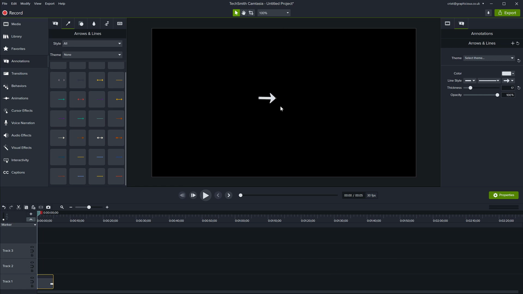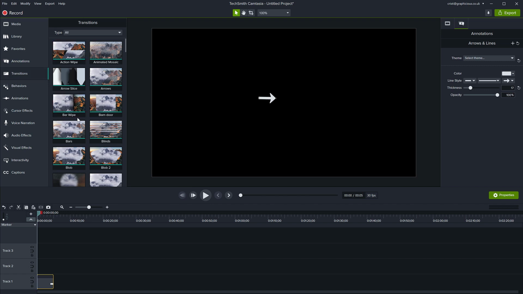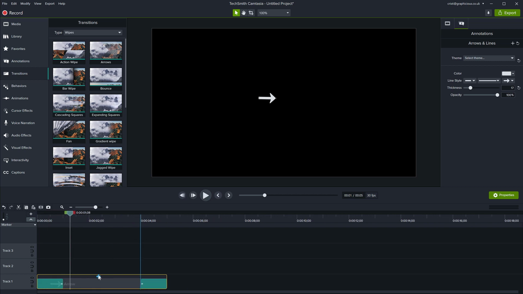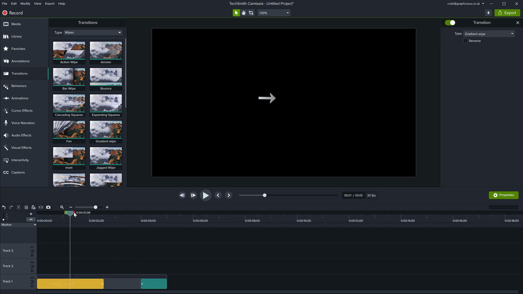to be, and then you can use a simple behavior or a transition. Depending on what you want to do with it, you can do transitions like using a wipe. If you go to the transitions, you can use wipes, and maybe you can use a gradient wipe on it like this. That will mean it comes in a faded way. If the animation is too short, you can of course make the transition longer, so it's going to fade in sort of like that. Another way to do it would be without transitions.